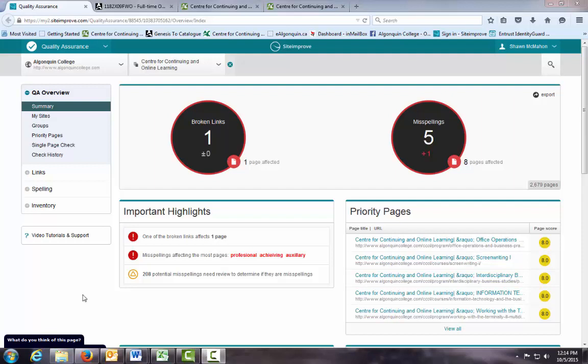So here in front of me I have recently run a report. This is for CCOL specifically. So this is an up-to-date account of all of the errors that are currently live on the CCOL pages of the Algonquin site. So starting with misspellings, at the moment you can see that we have 5 misspellings total that